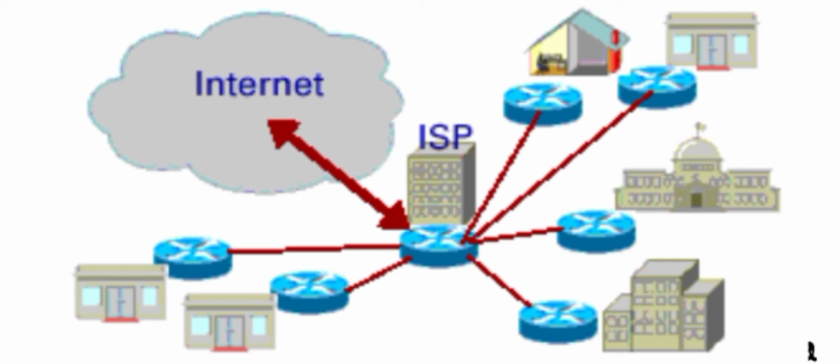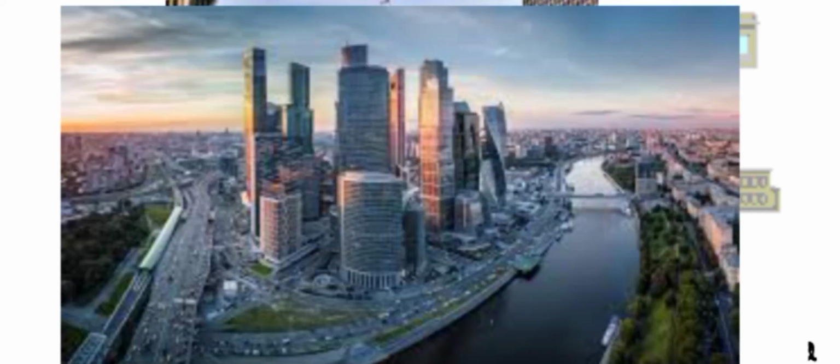MAN. Metropolitan Area Network (MAN). A metropolitan area network (MAN) is a computer network that connects computers within a metropolitan area, which could be a single large city, multiple cities and towns, or any given large area with multiple buildings. A MAN is larger than a local area network (LAN), but smaller than a wide area network (WAN).